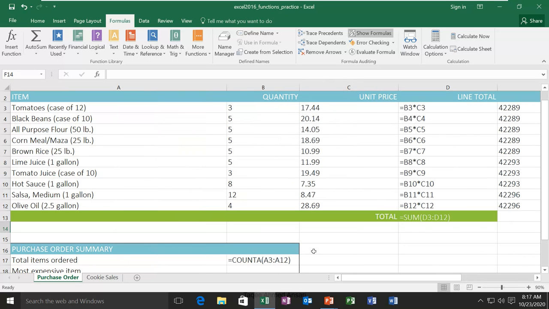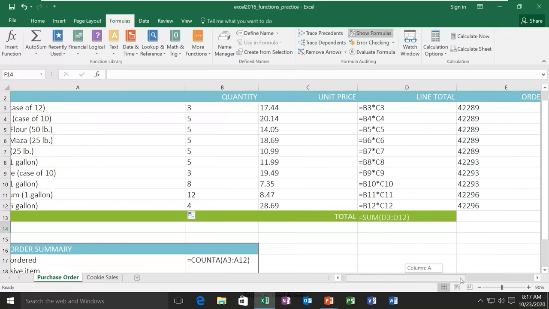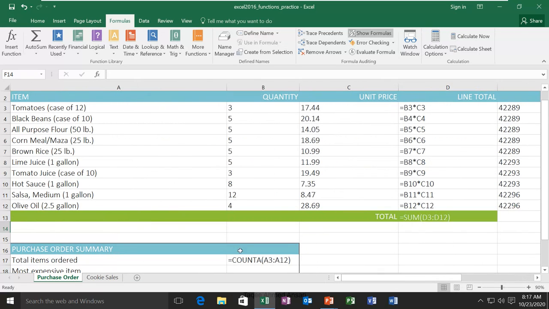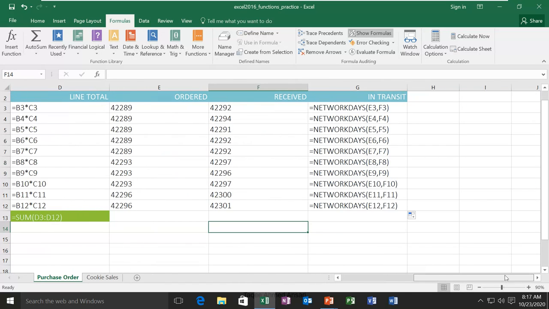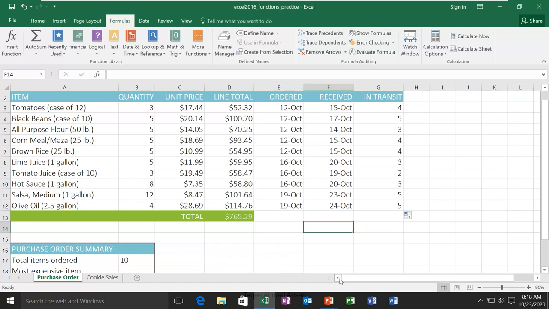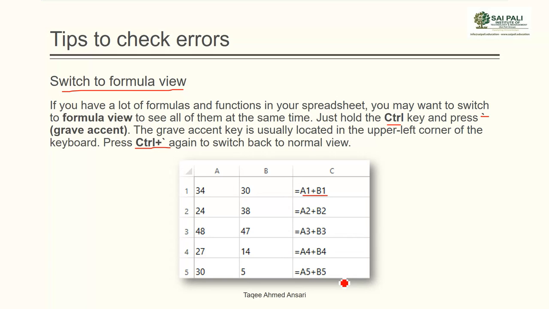By pressing the key, I can now see the changes, and all the cells which contain a formula are showing formulas, not the values. So we can say that here we have a formula, here we have formulas, and here we have a function. Now to go back to normal view, press the key again. It is a helpful tip to see where the formulas and functions are located.